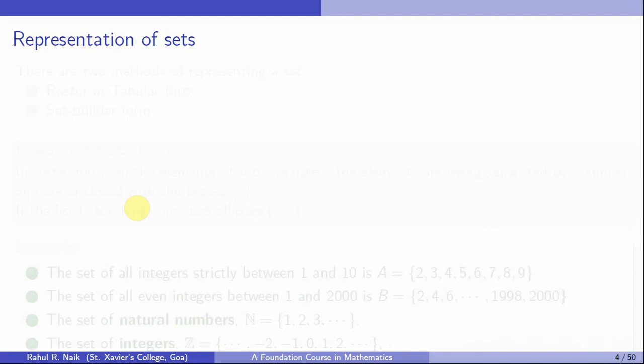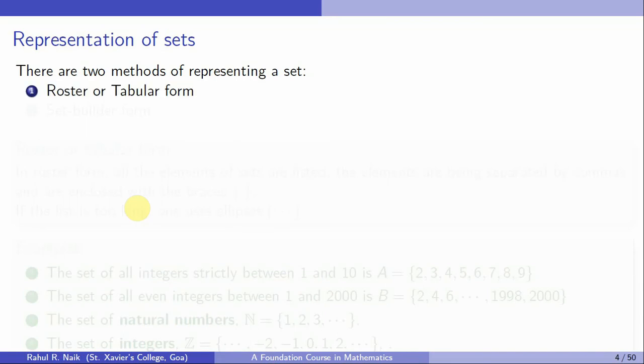Like you have seen examples of a set of integers between 1 to 10, it is listed. Same way, a set of natural numbers is listed with each element separated by a comma and enclosed by braces. And for the rational numbers, we use the short form, we use the property of the elements in the set, and we mention it. So here are the two methods of representing a set.